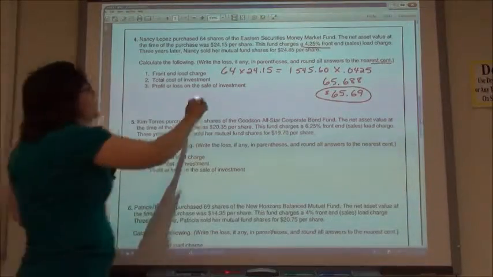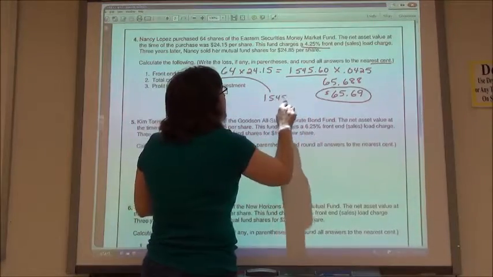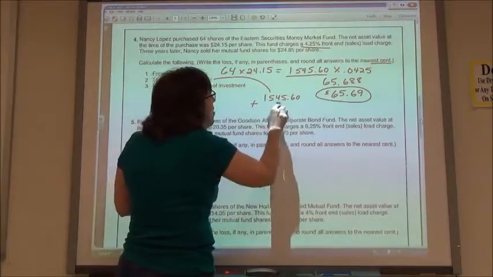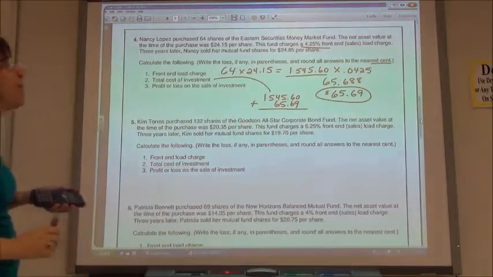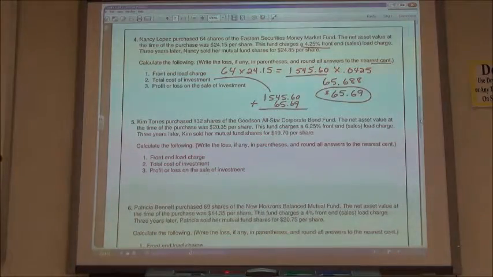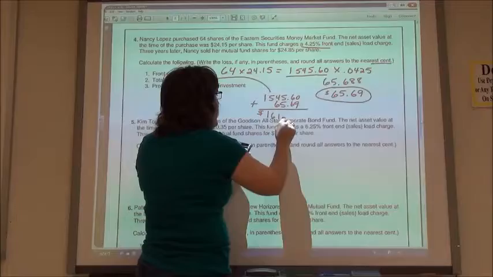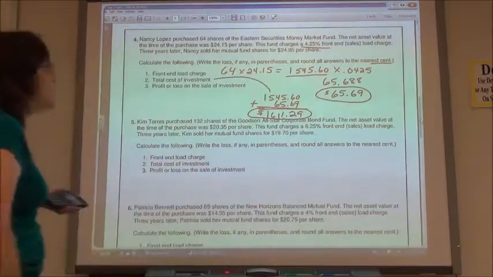So the total cost of my investment, I have the $1,545.60, which was how much I purchased them for, and I have to add on the $65.69 that I had to pay for my front end load charge. So if I add those together, 1,545.60 plus 65.69, I get $1,611.29. So that's my total cost of my investment,